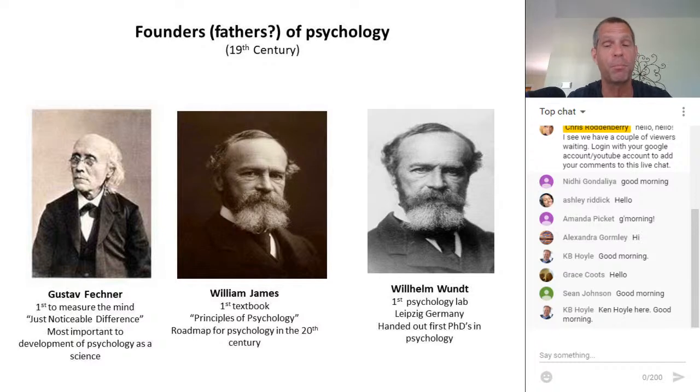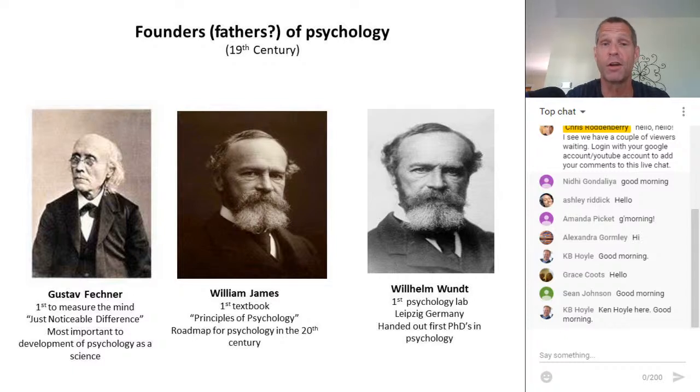Again, you folks have grown up in the age of IQ tests, but this is before IQ tests were born. This is before personality tests were born. This is before anybody really knew what the mind was about. And so Gustav Fechner was the first person to measure the mind. And he discovered this thing he called the just noticeable difference. It turns out there's a very systematic relationship between the amount of change that occurs in stimuli and your ability to perceive those changes. And he was sort of the father of what we might call sensation and perception.